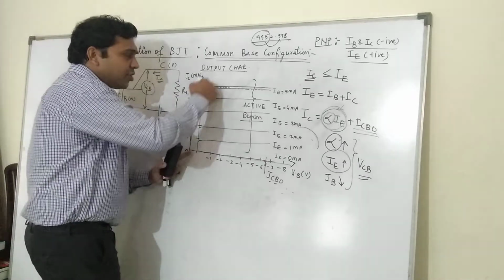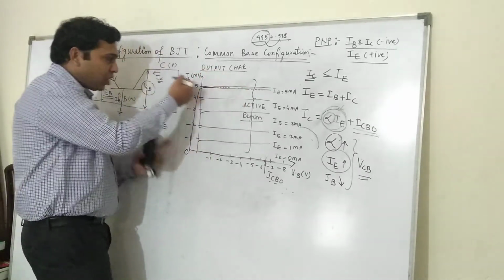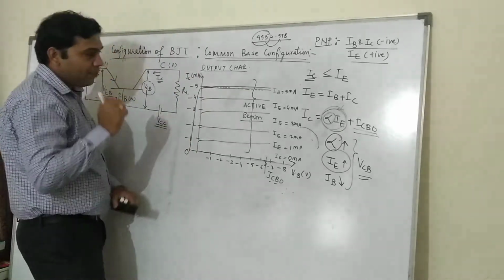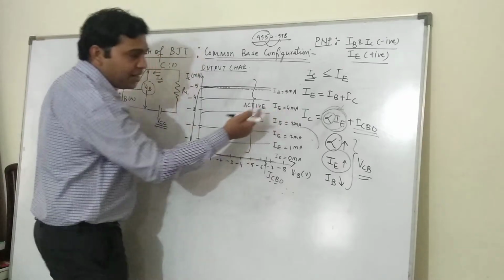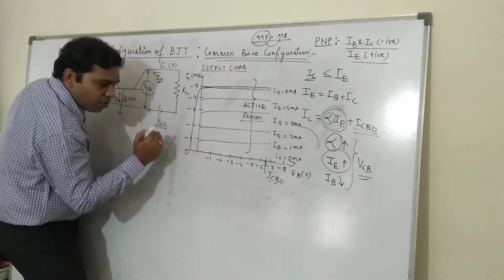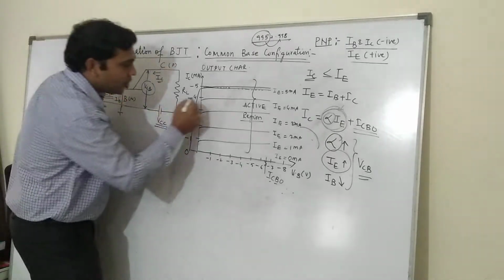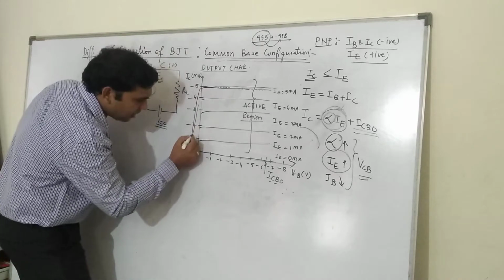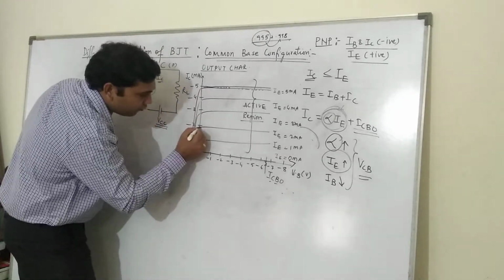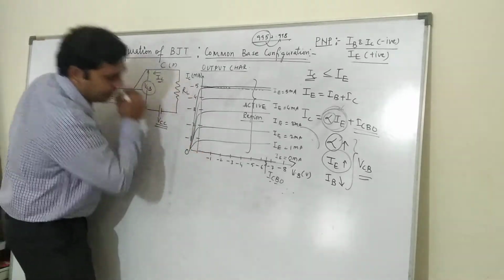So we expect the current should increase in a forward bias manner. Since this current is negative, now the current will increase positively, so this will make it 0 like this. Now if it is 4 milliampere and I want to make it 0, again I need to make VCB positive with a very small value. At 3 milliampere, if I make it positive, it will be like this. At 2 milliampere, I will be making VCB positive, and it will be like this and like this.